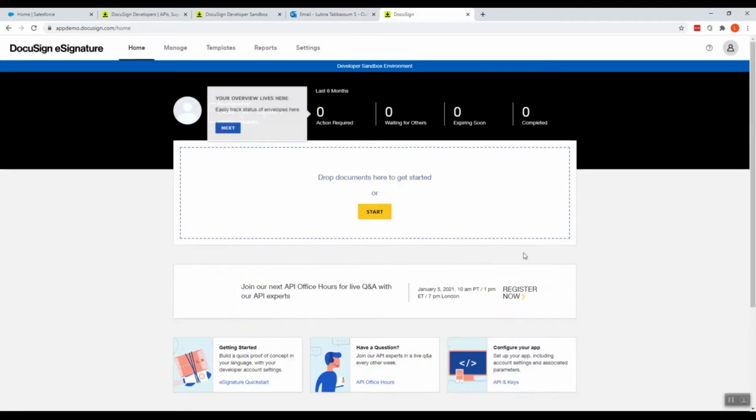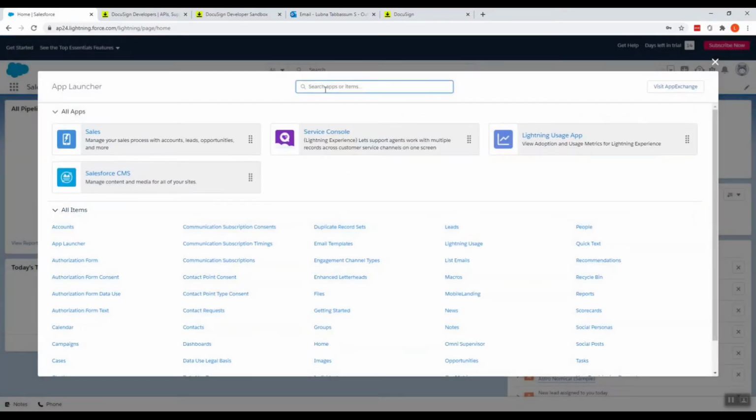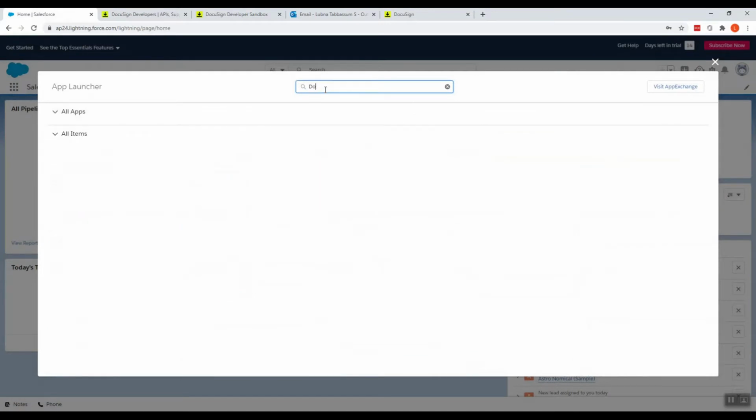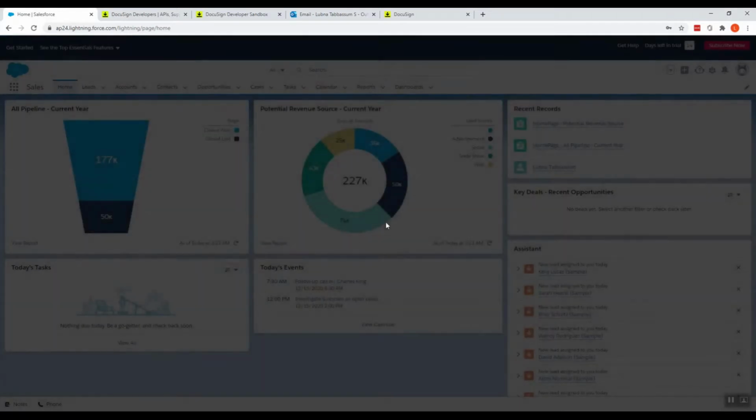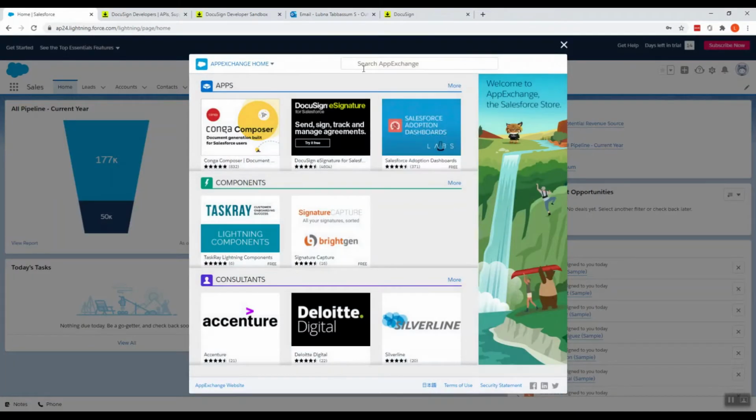Now that we have created our DocuSign account, let's go to Salesforce and see how we can integrate DocuSign with Salesforce. Okay, we'll click Visit AppExchange and search for DocuSign e-signature for Salesforce.